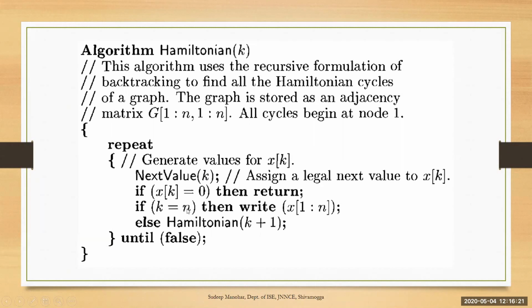So you have found all the results. When you have found all the results, you are supposed to write the values of x from 1 to n. You will be printing all the values of x1 till xn, that is x8 in our example. Once all these are written, it goes back to the previous recursive call and finds the other solution if it has any. So like this, the Hamiltonian function works based on the recursive function, which is based on the technique of backtracking.